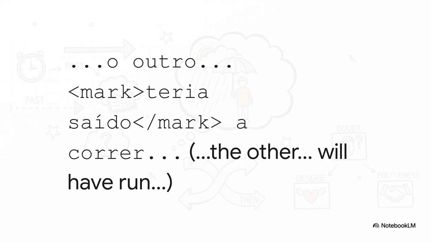So the story keeps building, and it's all built on this foundation of maybe. It says one of the suspects, "teria saído a correr." Again, that means he allegedly ran away. This is the narrative they're piecing together from witnesses, but it's not yet proven in a court of law.